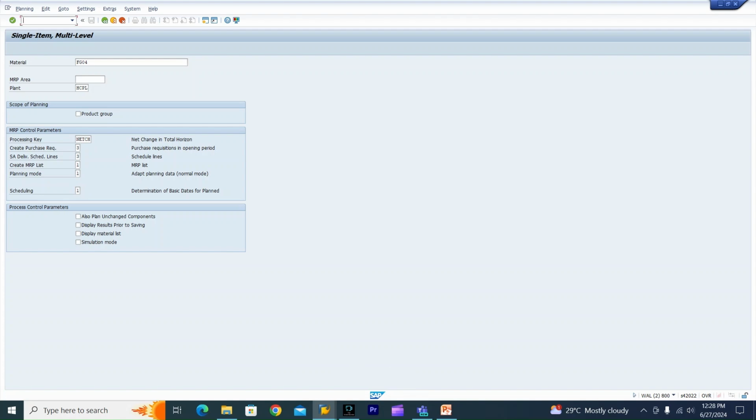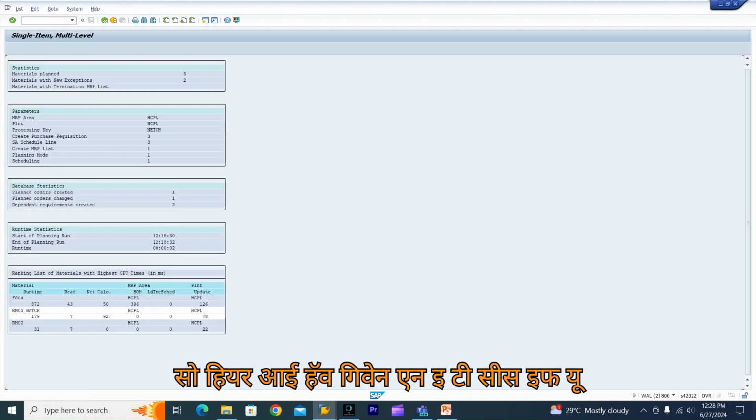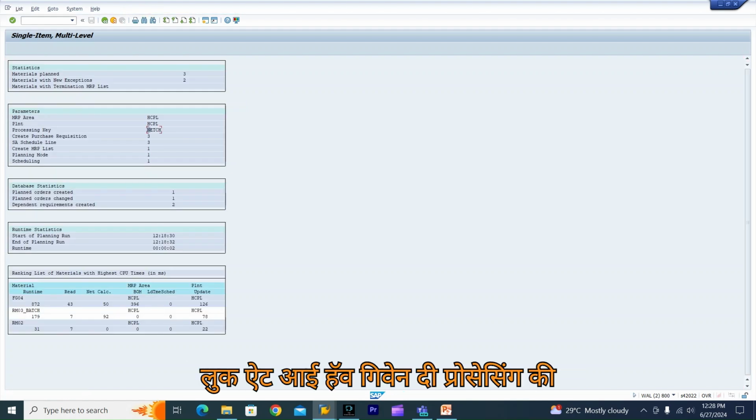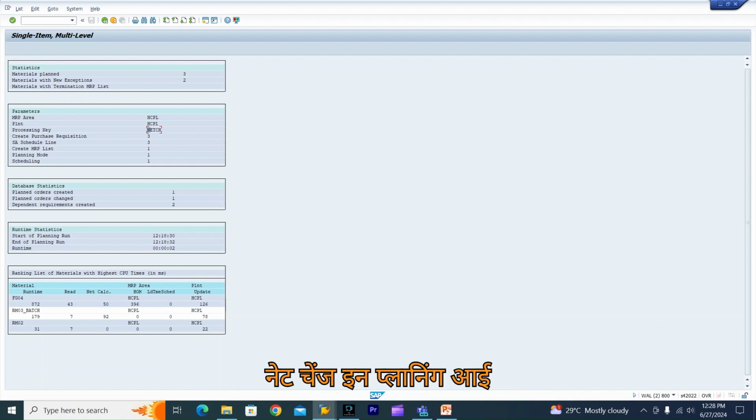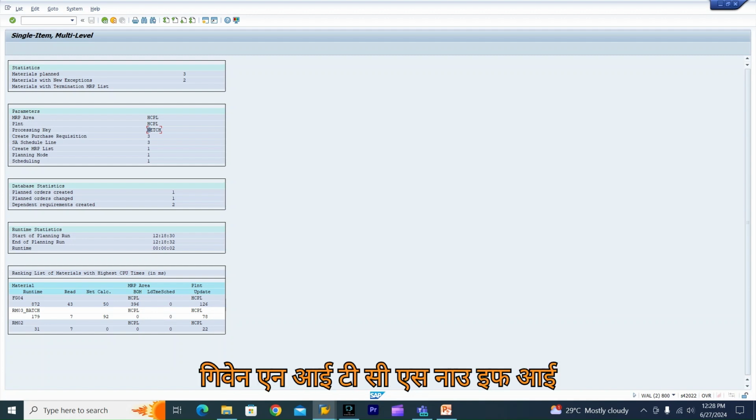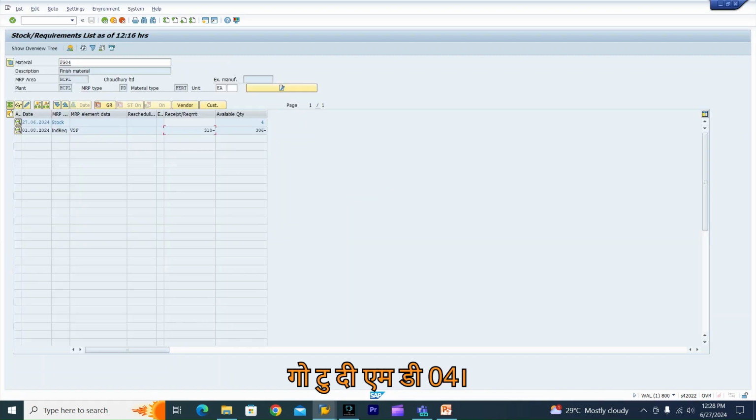So now, here I have given the NETCH. If you look, I have given the processing key as NETCH, net change in planning. Now if I go to MD04,